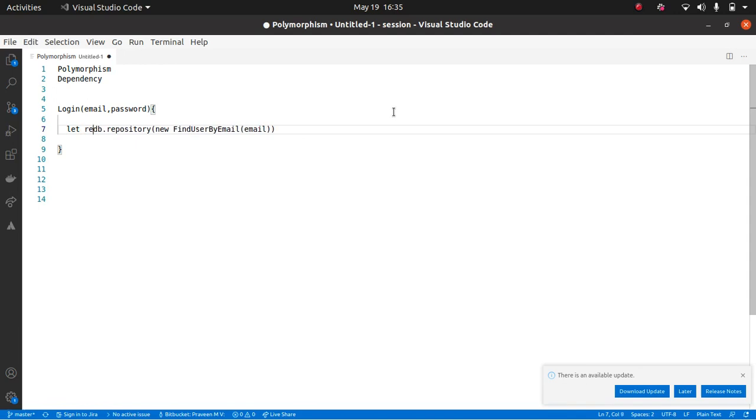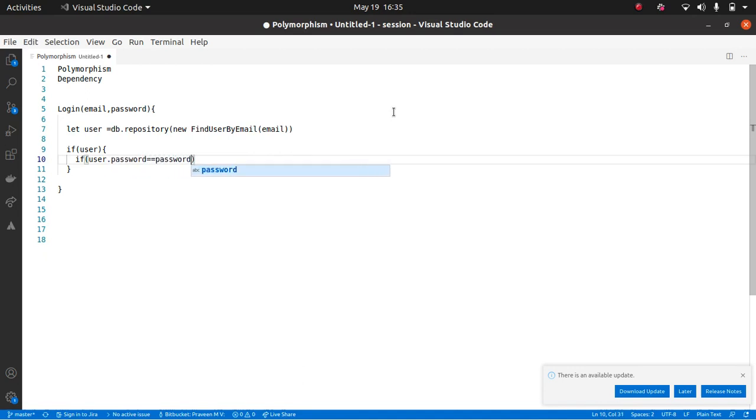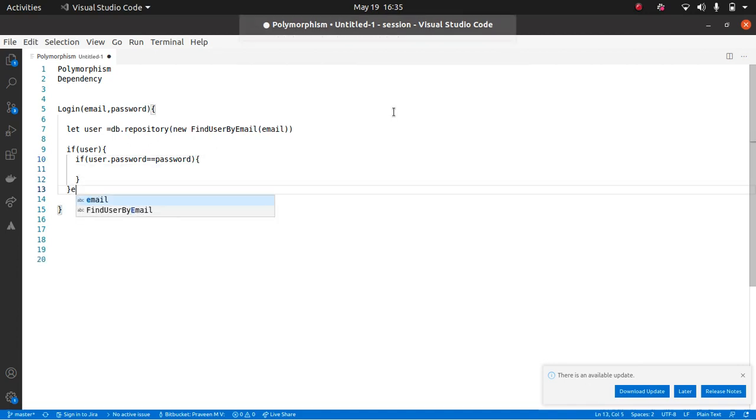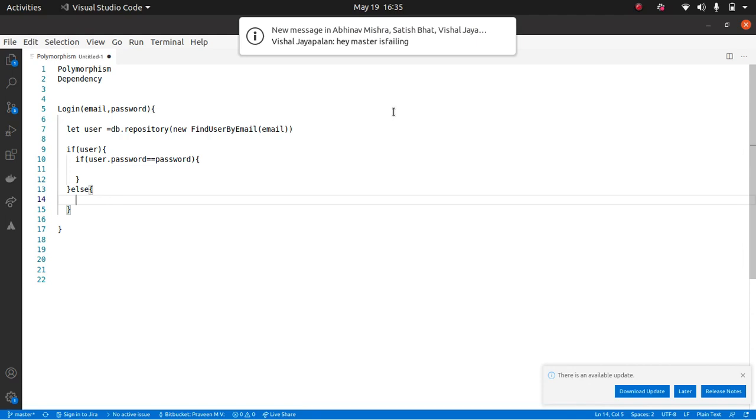It got the result, that is it got the user, and we are checking user dot password. First we'll check if user exists, and if user dot password equals password, then we are successfully logged in, else we return password invalid, right?